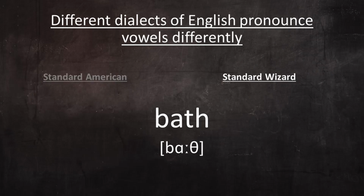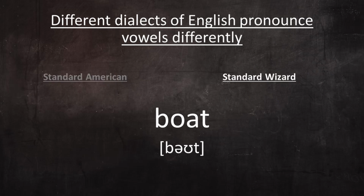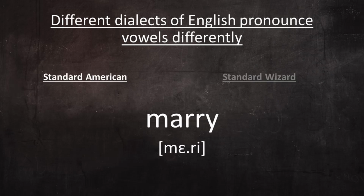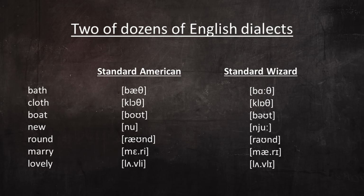Bath, bath. Cloth, cloth. Boat, boat. New, new. Round, round. Merry, marry. Lovely, lovely. These are only two of dozens of English dialects from around the world, each and every one of